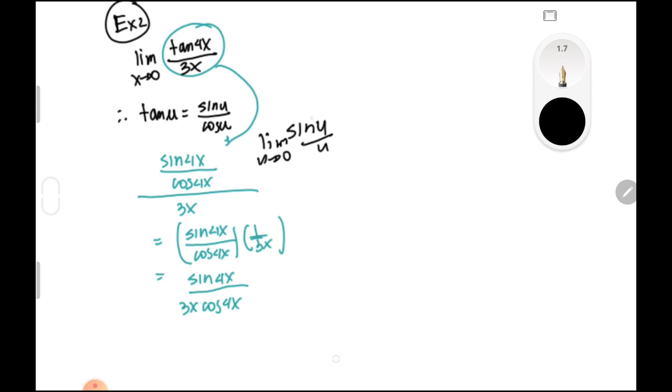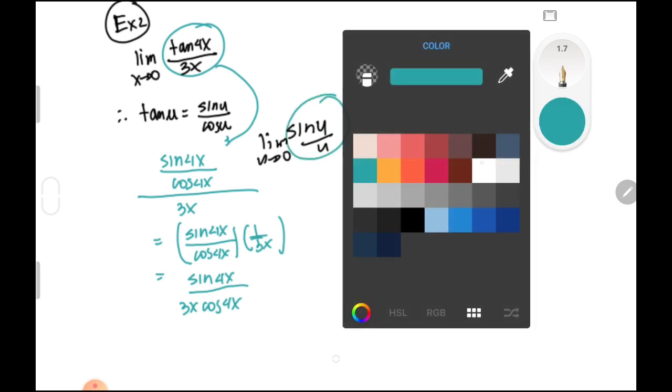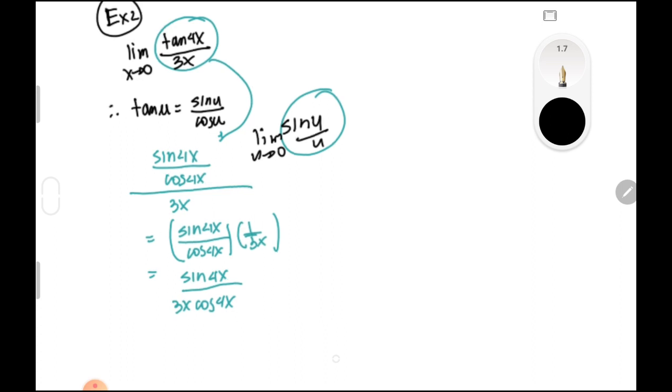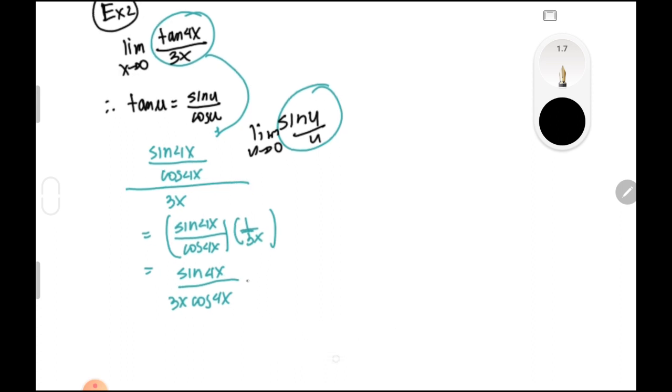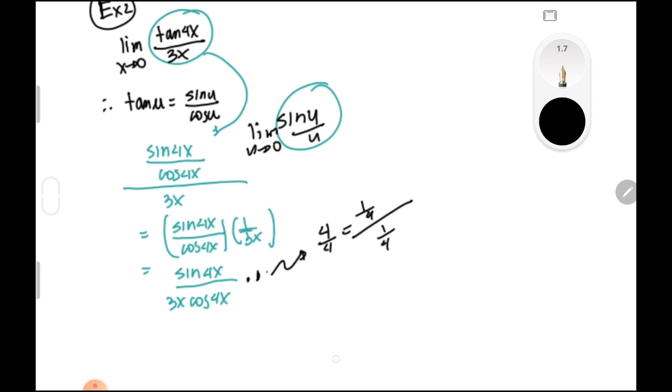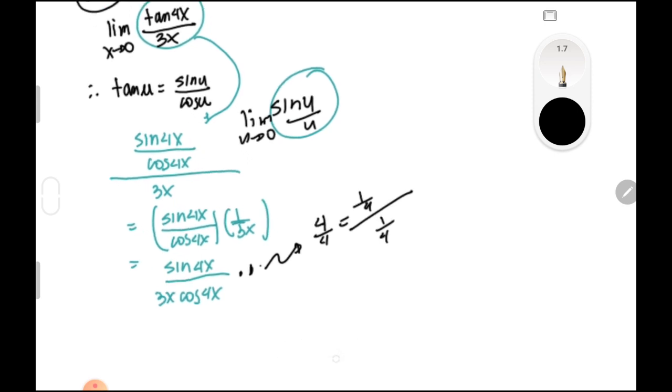So let's have this type or form of a function. Okay, so what can we do? So just multiply 1, which consequently is equal to 4 over 4, or 1/4 divided by 1/4. Okay,